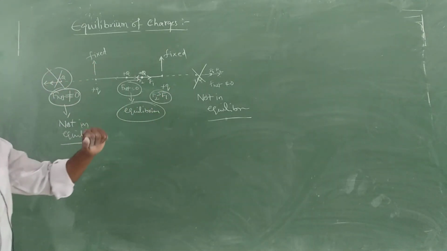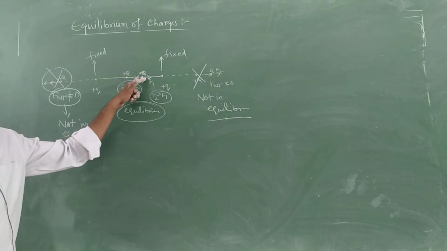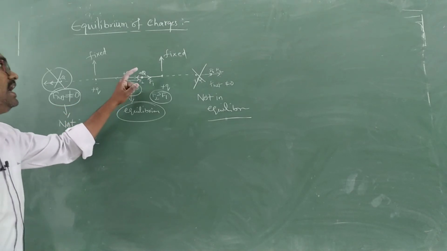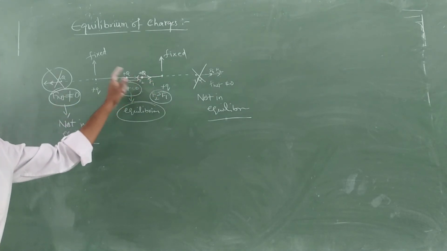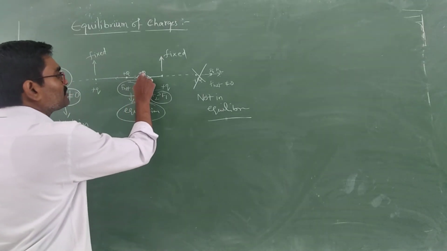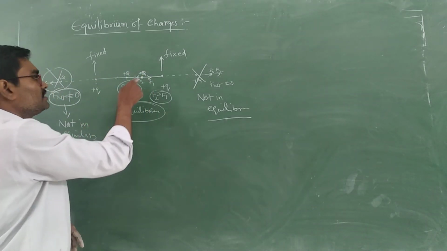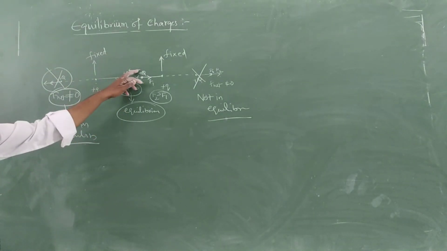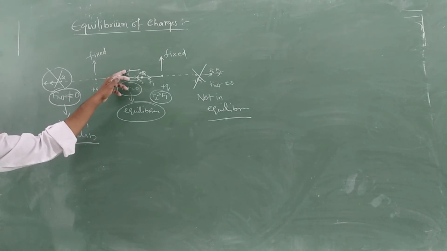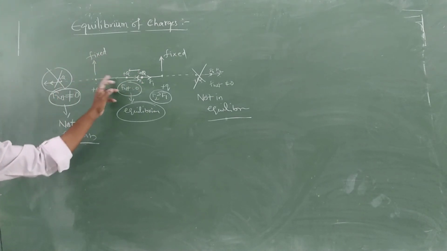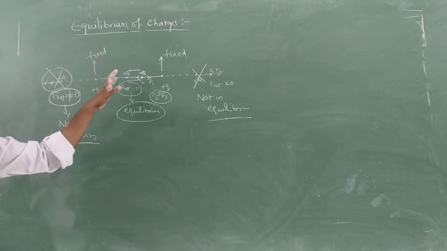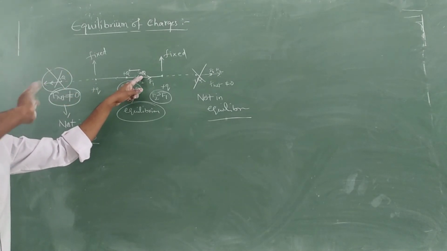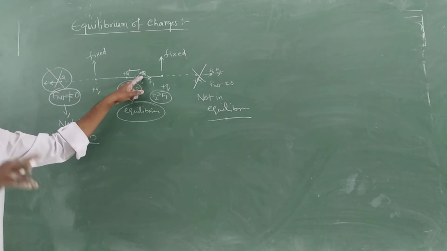If F2 is greater than F1, what will happen? A resultant force is acting on the charge, so the charge will be pushed in the direction of F2. That means this charge will not stay there. It will move towards the center, the middle, again. So if it moves to this position and stops, since the net force at this position is 0, this is the equilibrium position. If you displace it, it comes back to its original position. Understood?